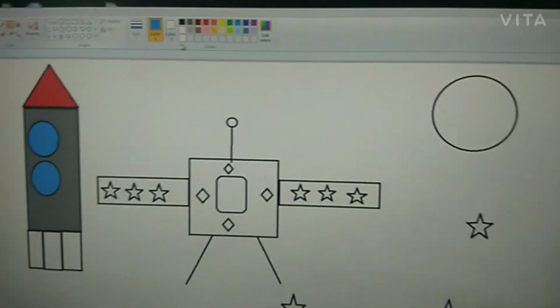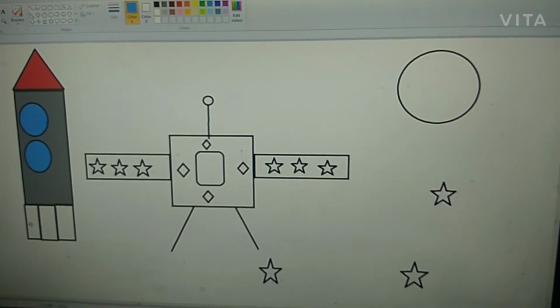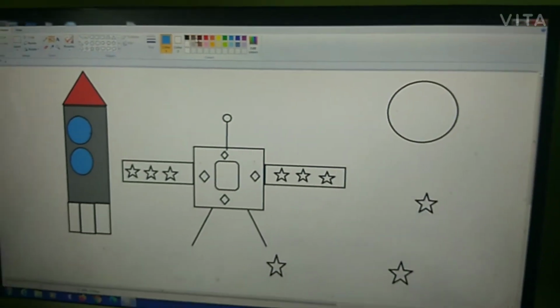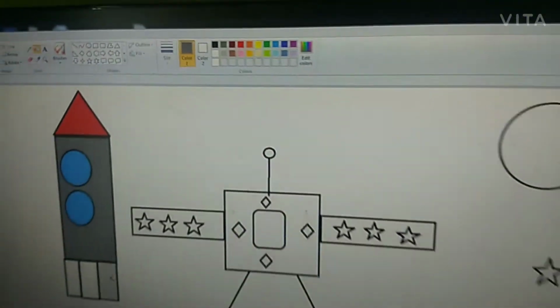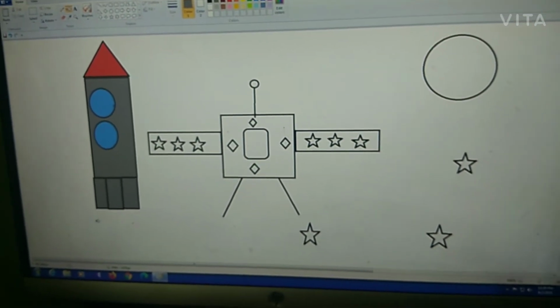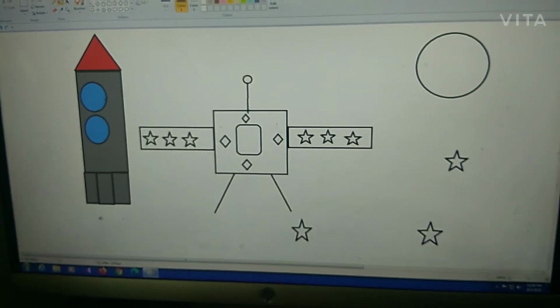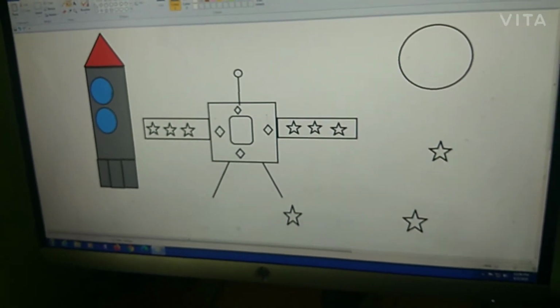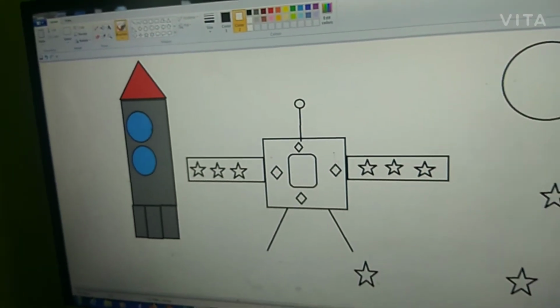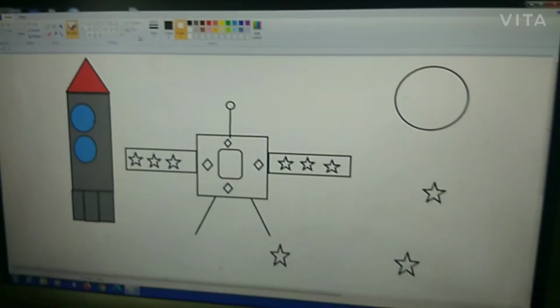Next. Now there is one thing: these are going to be like this color. So for that you can use gray minus 50%. Okay. Place this. This is also gray. I didn't do the fire because these are standing. How are you going to make the fire? I need to use black and choose this white.